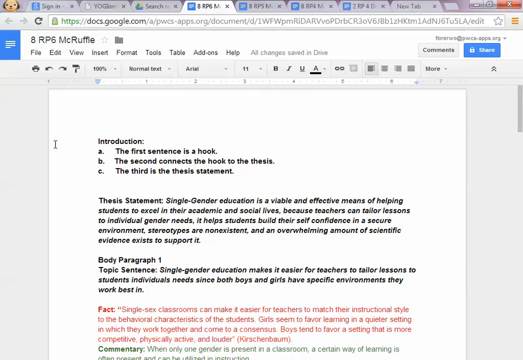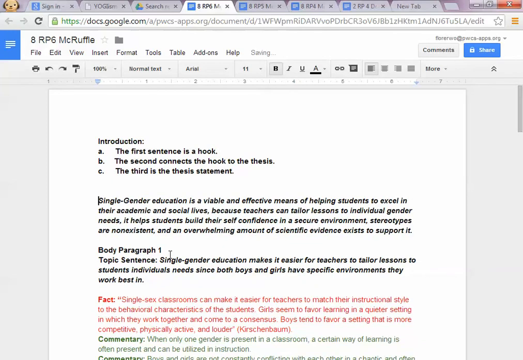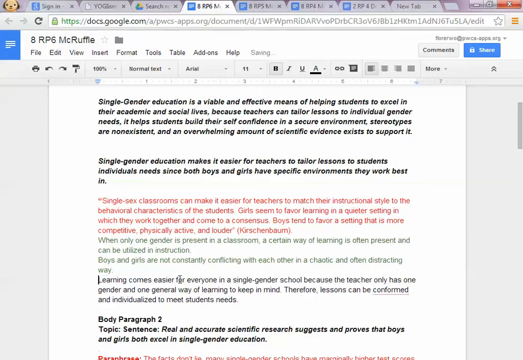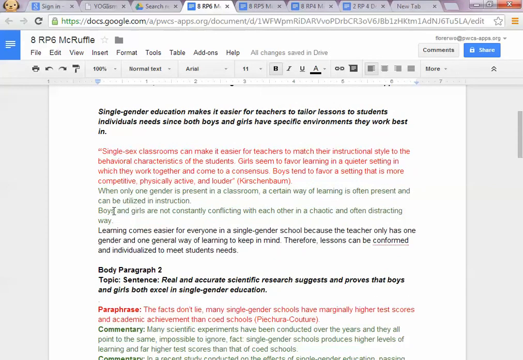Now as far as the extra words you want to take out, we're going to want to take out the words thesis statement. We're going to want to take out the words body paragraph. We're going to want to take out the words topic sentence. We're going to want to take out the word fact. We're going to want to take out the word commentary, and commentary again. We're going to want to take out the words concluding sentence. And then we're going to want to